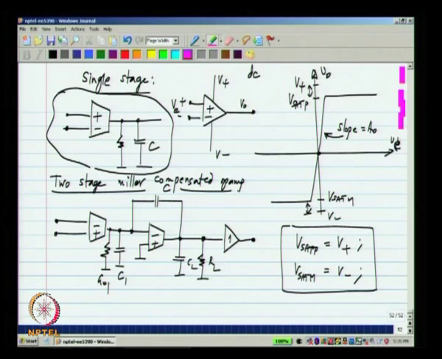What does it mean? Again, we can remove this output resistance of the transconductor and analyze it. If the current from this is limited, what it means is, as you go on increasing the input voltage to the op amp, the output current will go on increasing, but at some point it will stop increasing and it will become a constant.